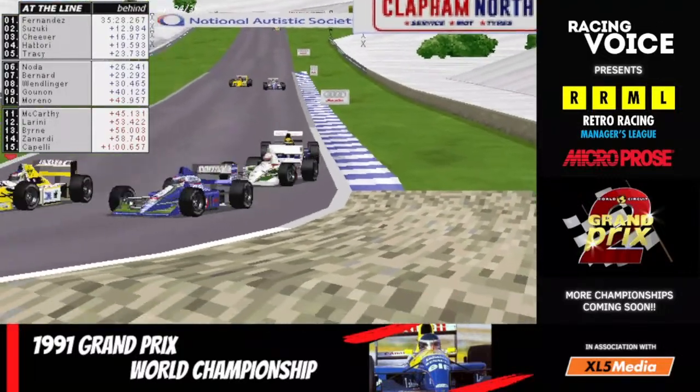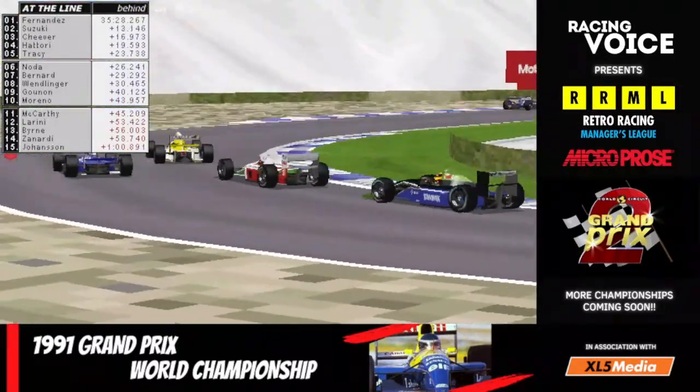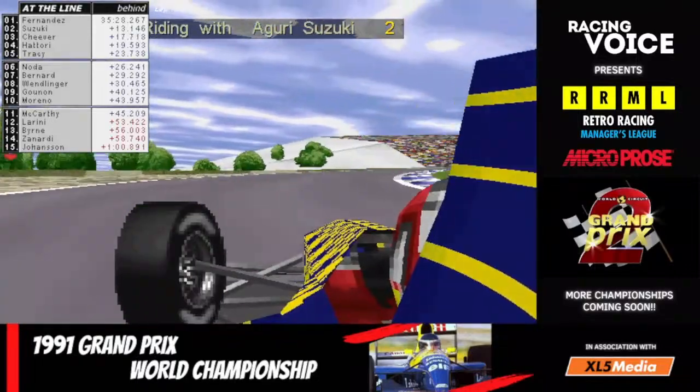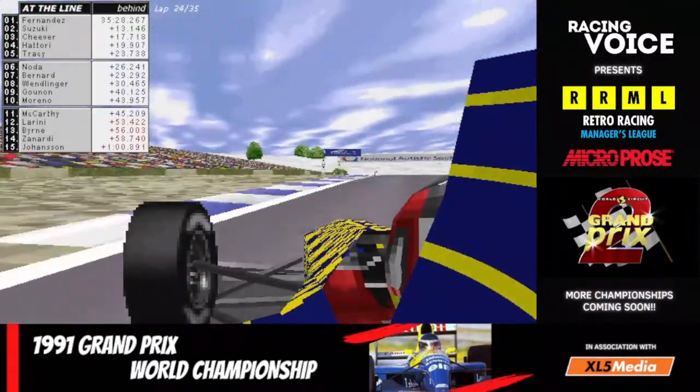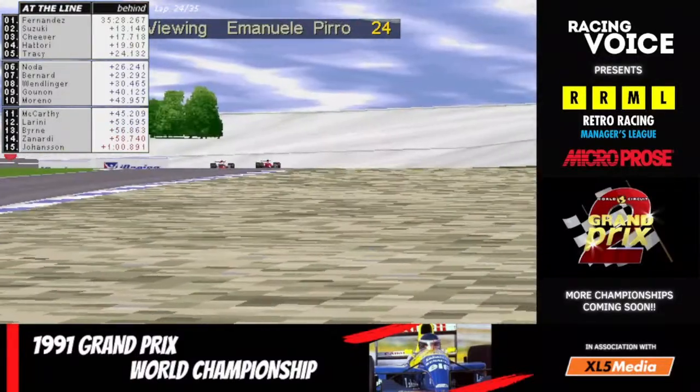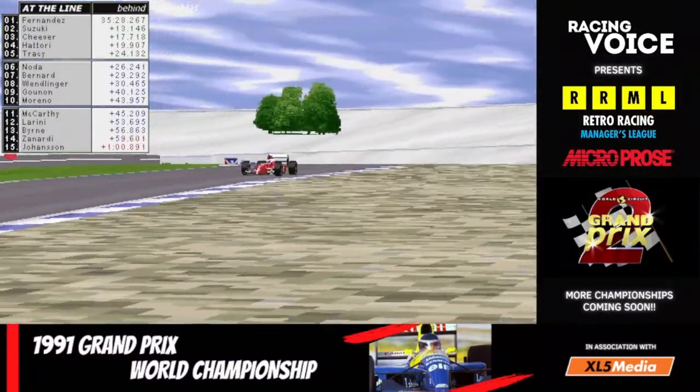Is the move on the inside from the Reynard Renault again. I've done it again. As diving through, that's Gunnar who gets the move. And that's Johansson getting the overtaking move there as well, I think, actually. My apologies. So the Reynard Renault having a bit of a race of it as Emanuele Pirro goes out of